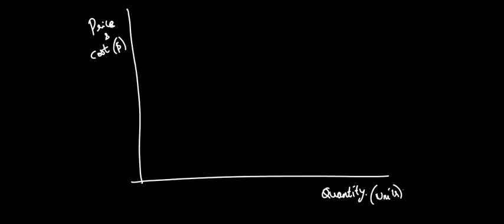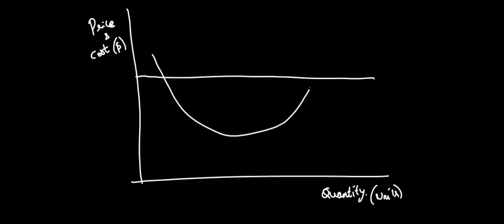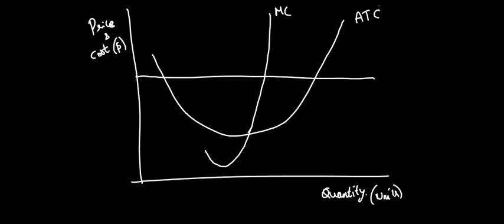Here the marginal revenue is constant. The average total cost first decreases and then increases with each extra unit produced, and the marginal cost decreases and then increases steeply with the extra unit and becomes more or less constant over a period of time. Here this is the marginal cost, this is the average total cost, and now